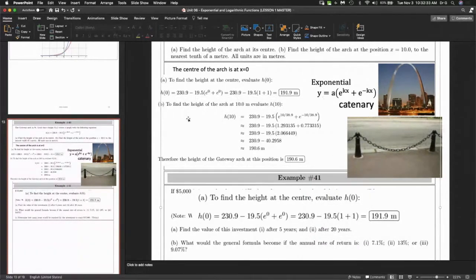Okay, there you go. So it says here, find the height of the arch at 10 meters. So what you see is that instead of 0,